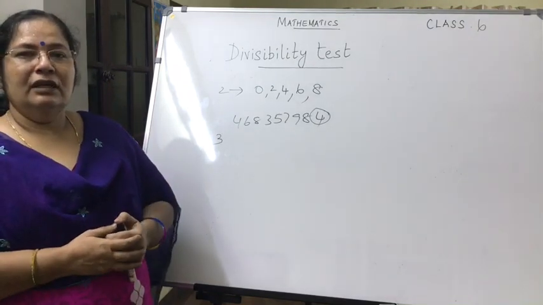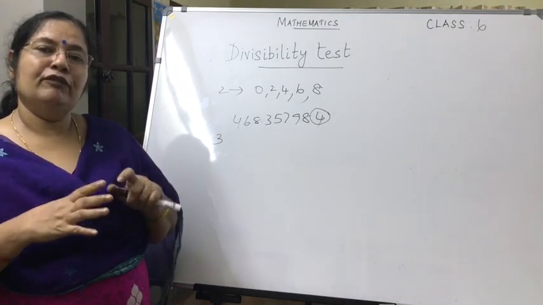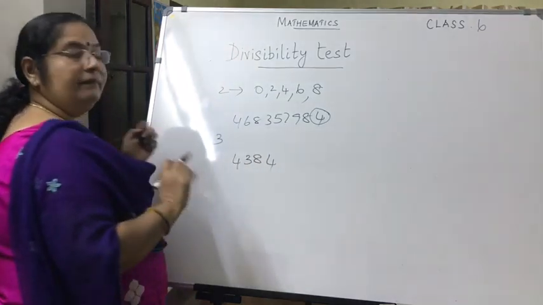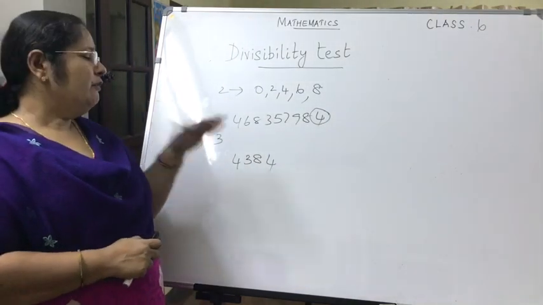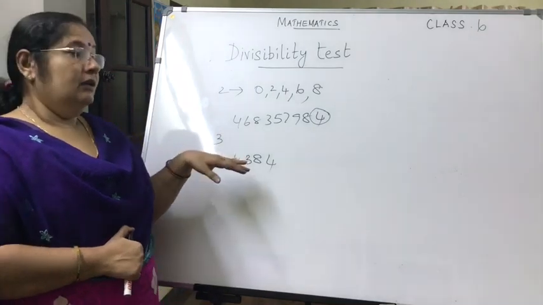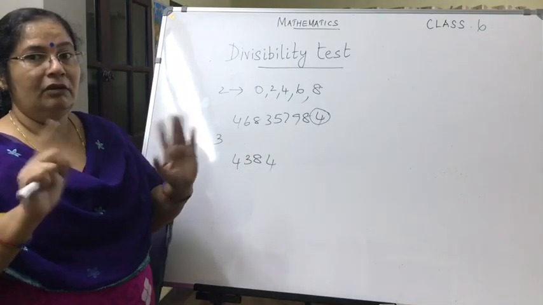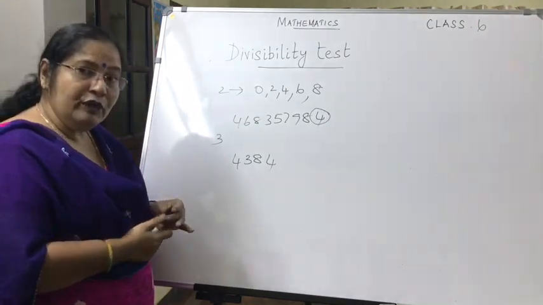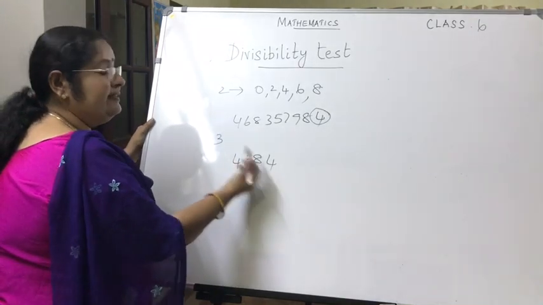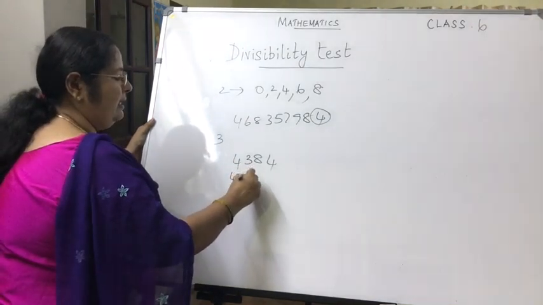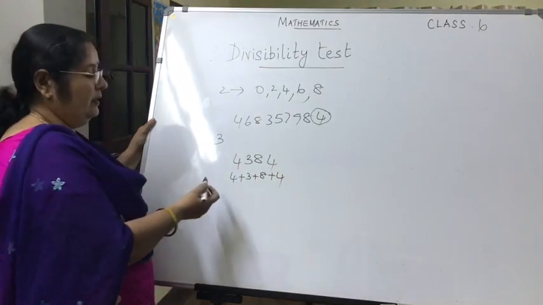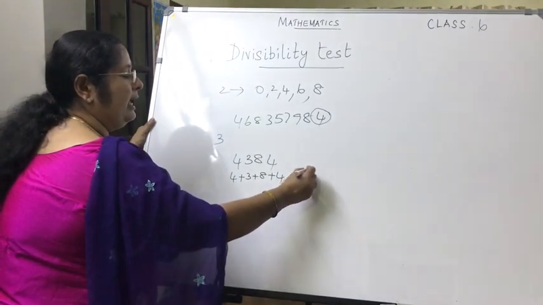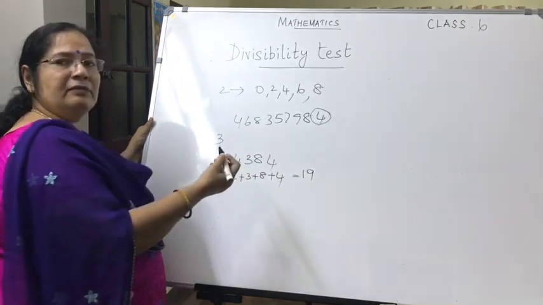Now what you do is, you add up the digits of the number given. Supposing you are having a number like this, 4384. We want to find out whether this is divisible by 3 or not. What you have to do, you have to sit and divide? We are not going for all these things. Everything is there in our hands, we can do it very fast. Now you will add all these digits. So 4 plus 3 plus 8 plus 4. 4 plus 3, 7. 7 plus 8, 15. 15 plus 4, 19. Again 9 plus 1, 10.